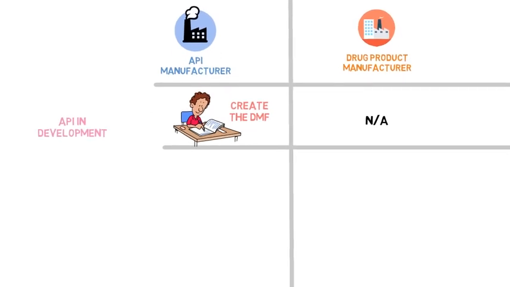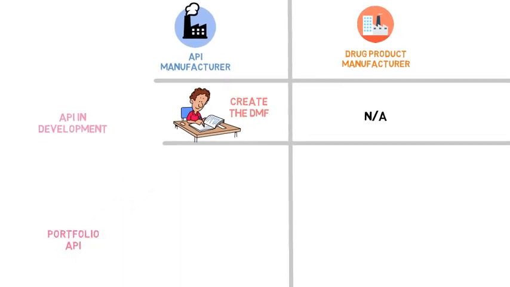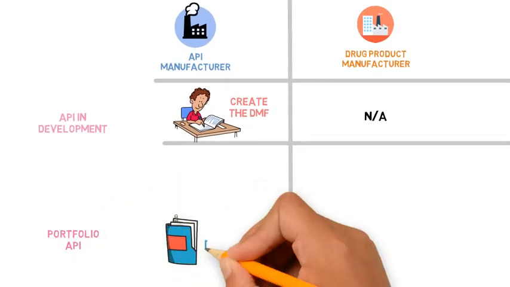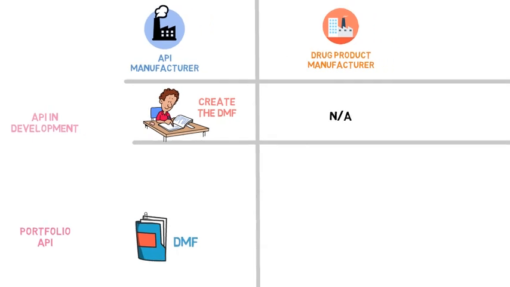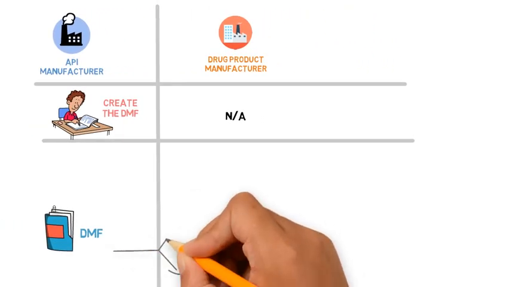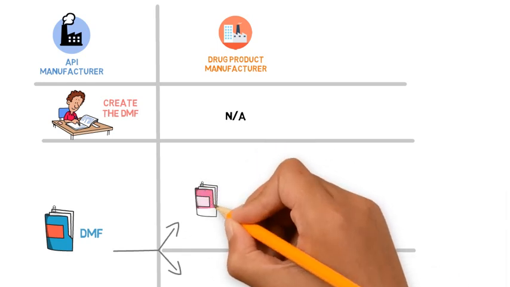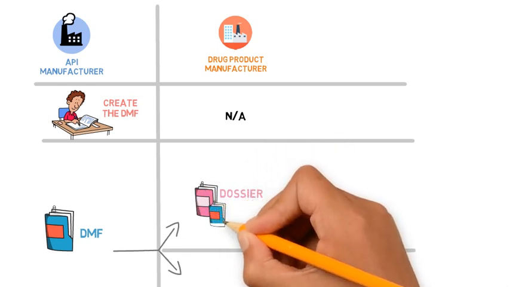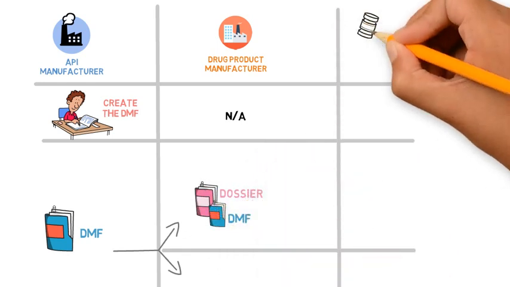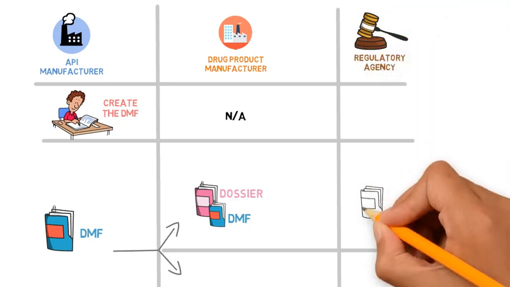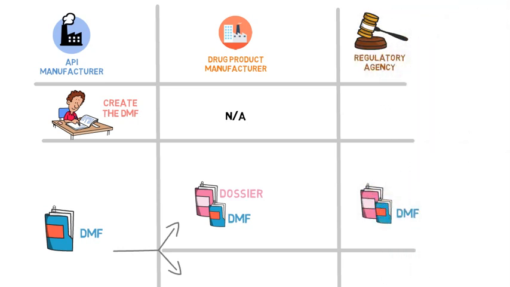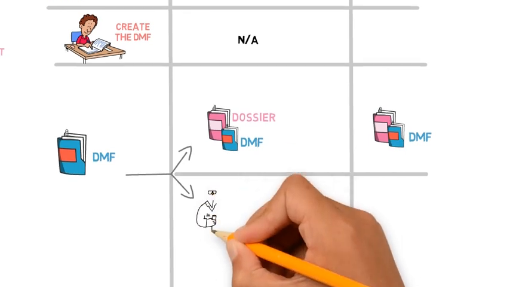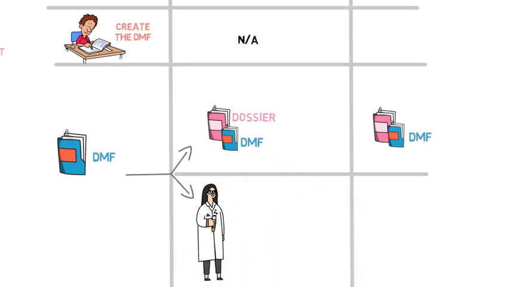Now, in the case of already commercialized APIs, which are actively produced, the DMF is ready, and we may face two different situations. The first, where the API is regularly supplied to clients which already have their drug product submission approved by regulatory agencies. Or, in the second case, there is a potential new client who bought some amount of